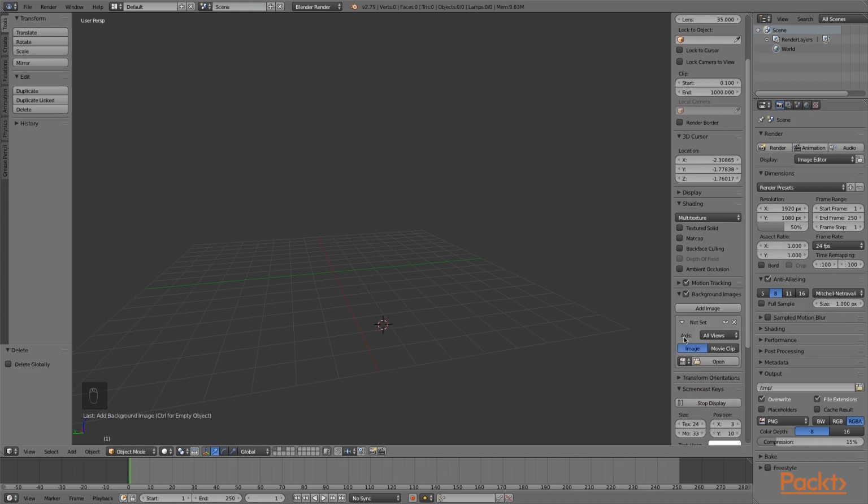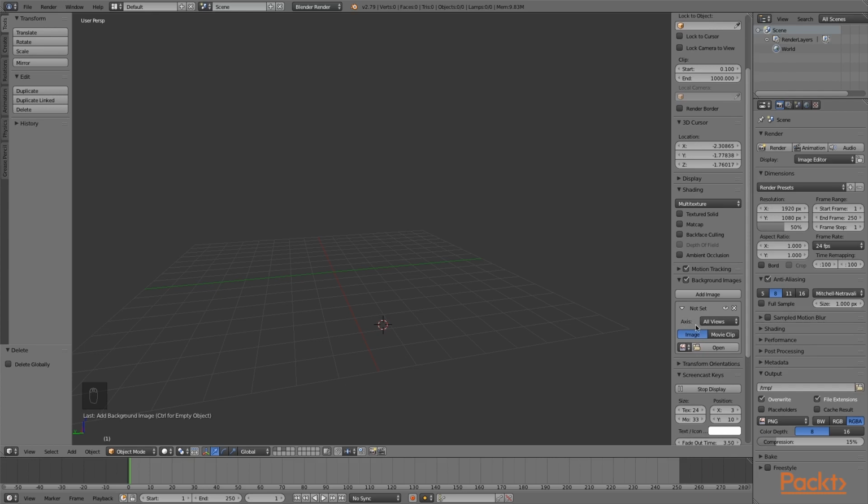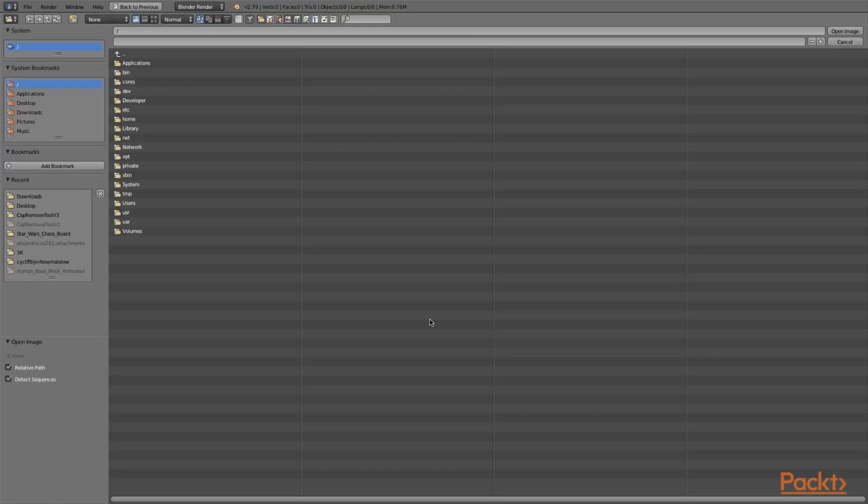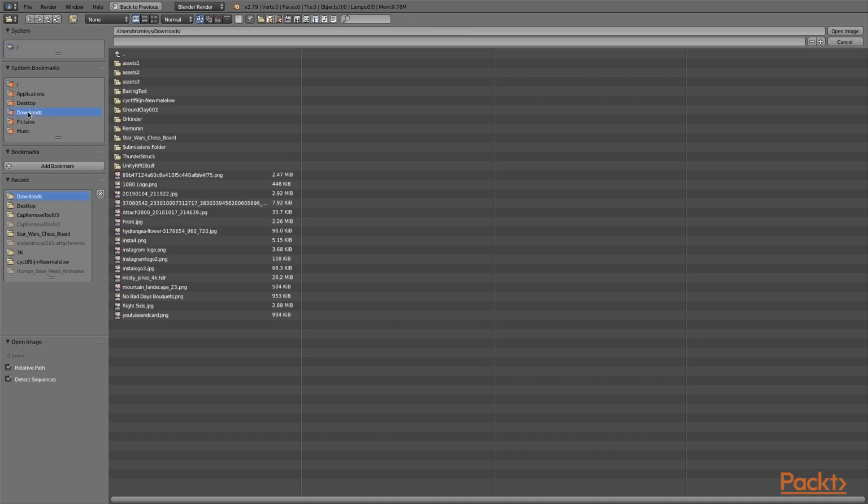These images are going to be available for you to download on the GitHub server that's part of this course. So we're going to make sure that we have image selected here, and we're going to open up our computer. Mine's in the download folder, so I'm going to go ahead and find it here in the download folder, and I'm going to pick the right side